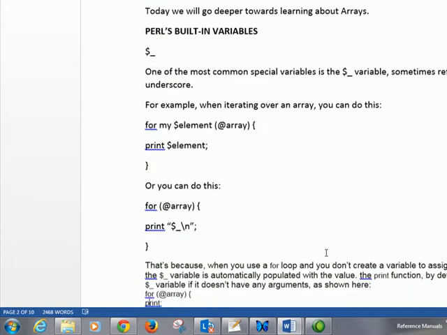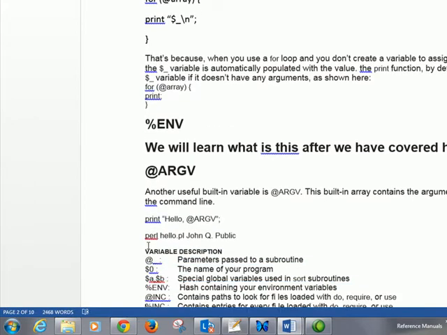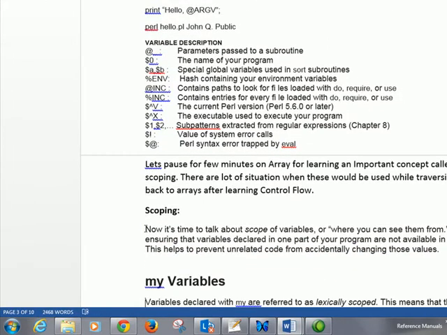Then we covered how we can iterate over an array. Then we learned something about %ENV. We learned about the ARGV, the command line argument. And there were a lot of built-in variables which we had left, and we would read about it in the upcoming classes when we will have a more detailed coverage on Perl.